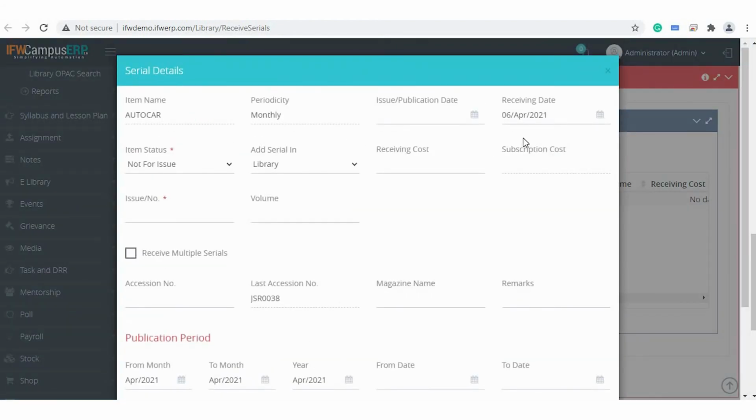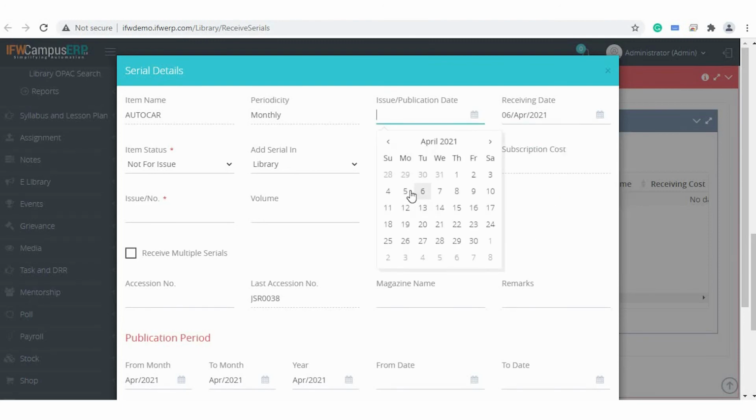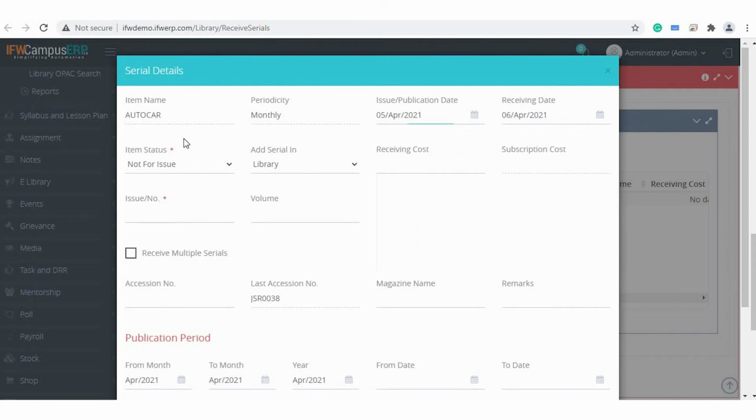All the details of the serial will be given here. Select the date on which you received the serial. You can also select the issue date or publication date. Whether you will be allowing the serial for issue to the staff members or students, or it will be